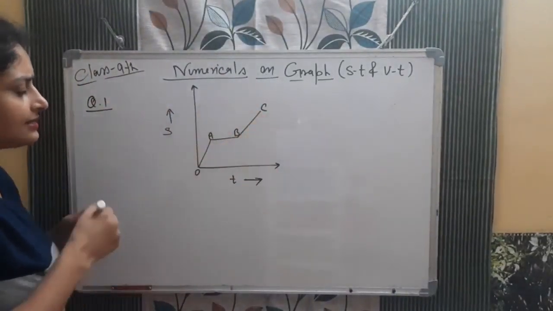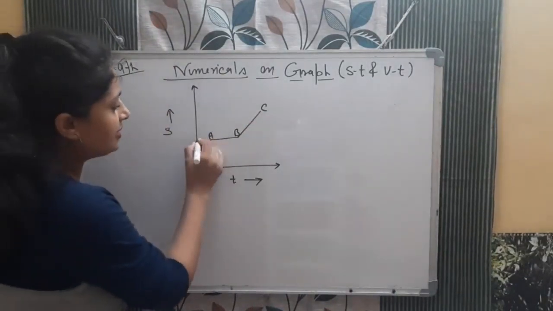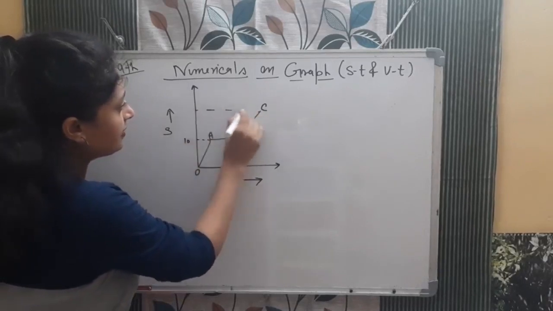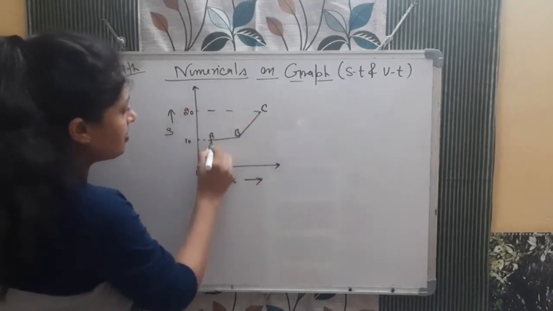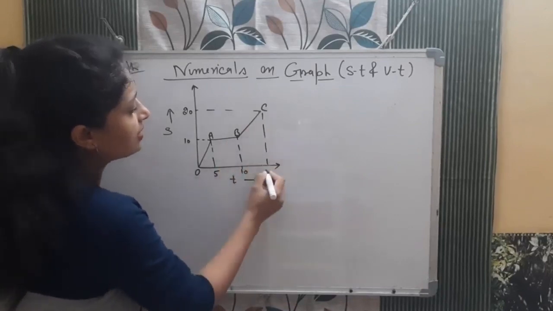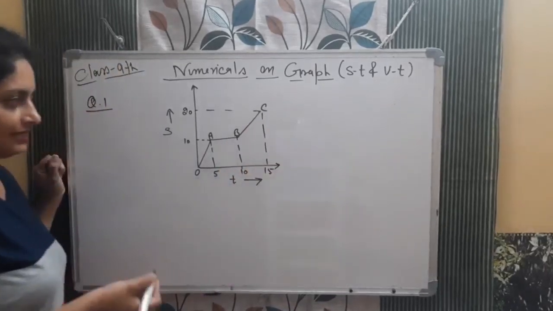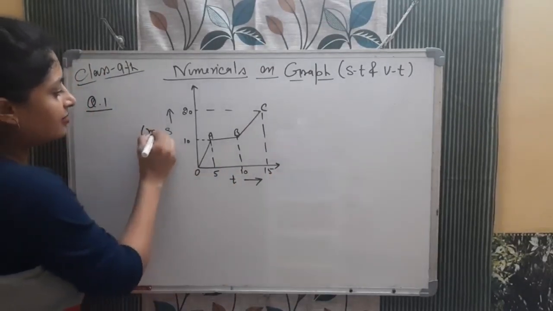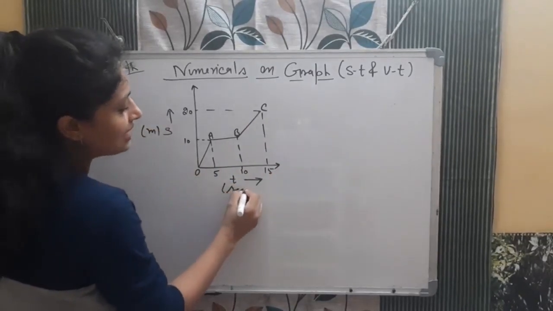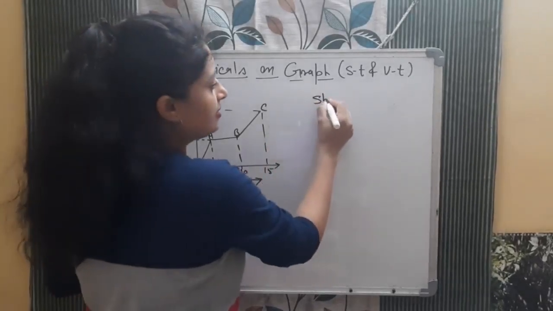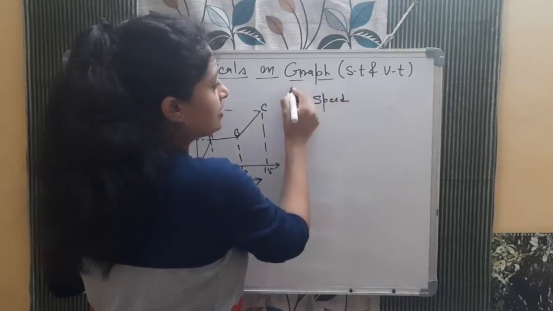Graph is looking like this. And for example, if we are taking some random values, this is 10 and this is 20, and this part is 5, this part is 10, then again this part is, for example, 15 or 20, whatever you want to say. Okay? So time is given on this side, distance is given in this side in meter, time is in second. Question is asking, tell us about the speed. Calculate speed.